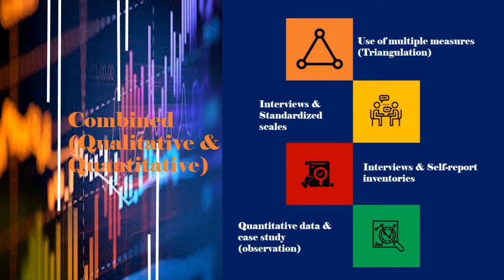You may use multiple measures called triangulation. This is the application of a combination of several research methods in the study of the same phenomenon. By the word itself, triangulation, you may employ three methods in your study,